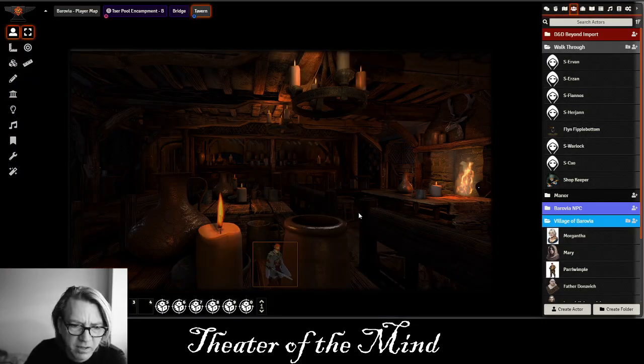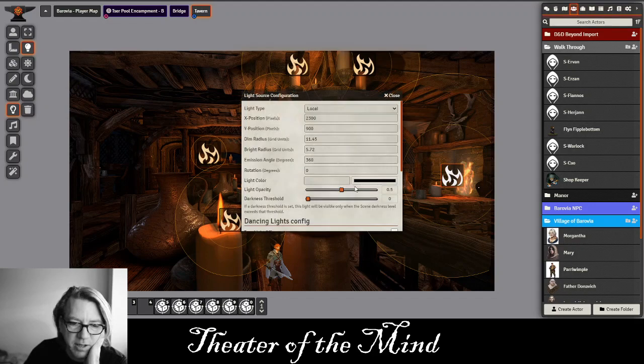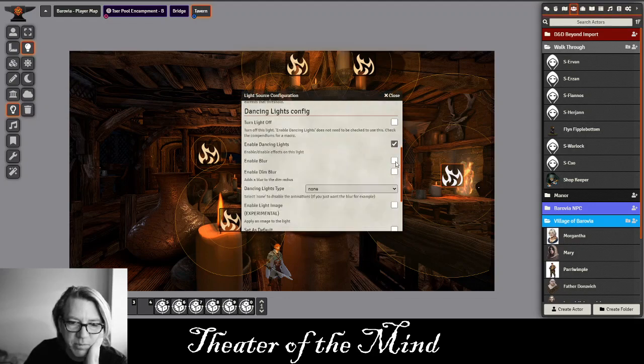So now you've got some flickering light in the background over here, up here at the top. This one over here is flickering a little bit. And so you've got this lighting effect here that you kind of like. Again, change the darkness and the lighting level that you like, but our fireplace isn't doing what we need it to do. So let's go over to our fireplace and let's turn on the enable dancing lights, the dim blur,